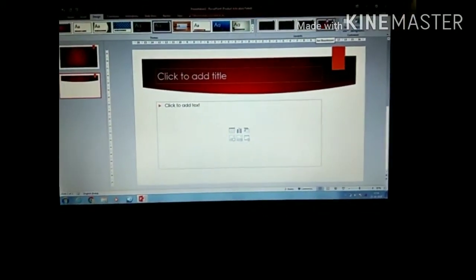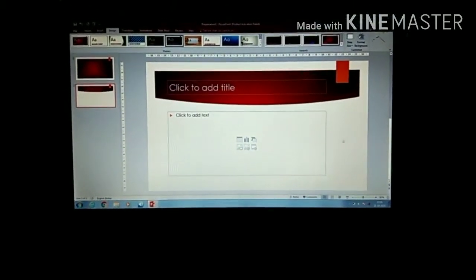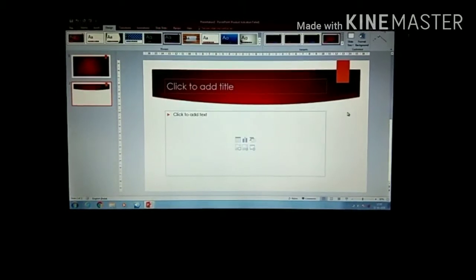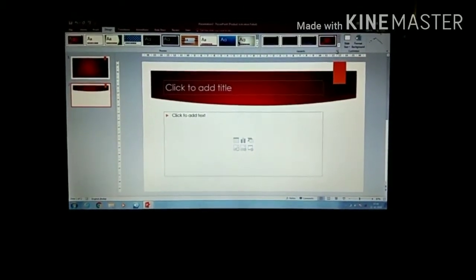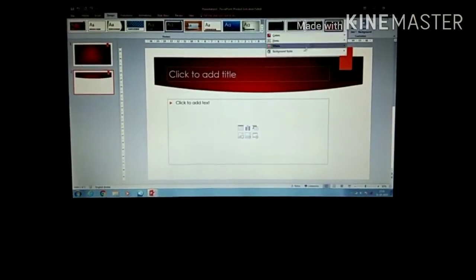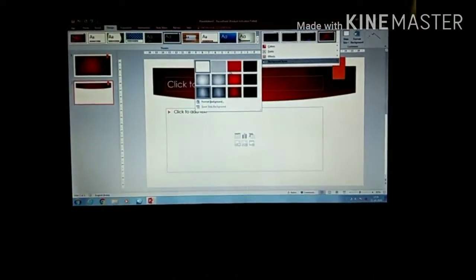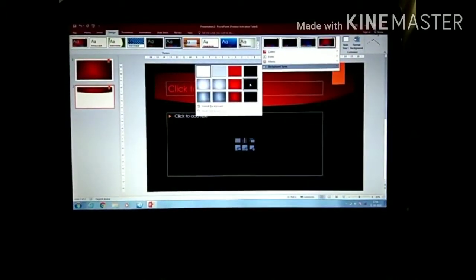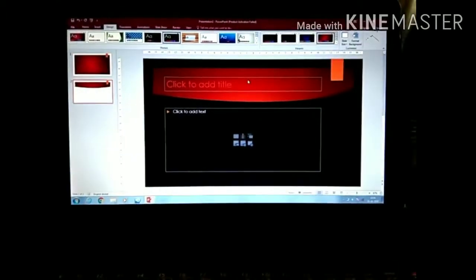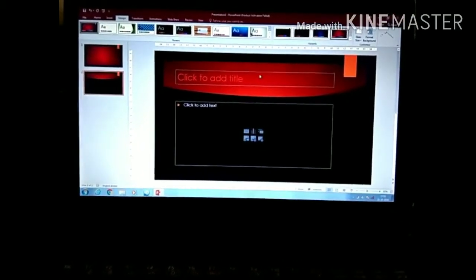Now after this, our next practical is how to change the background. So here you can see the background is white in color. Instead of white color, if you want another background style, here click on the more button and here the background style option is there. So here you can see whatever background style you select, you will get the effect of it. Okay, so for example, I want this black color, so I will click on it. So when you click on it, the style has been applied on the slide.